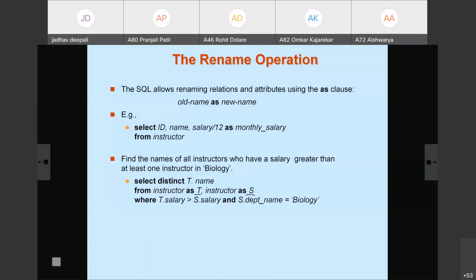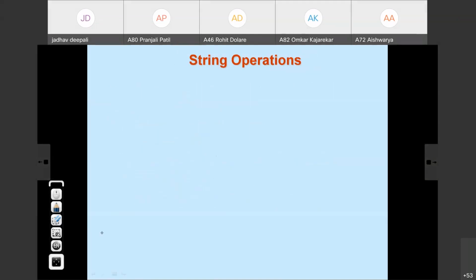In this way, for this example, we need to use the rename operation. In this case also, if you want to rename the resulting attribute, we can use the rename operation.